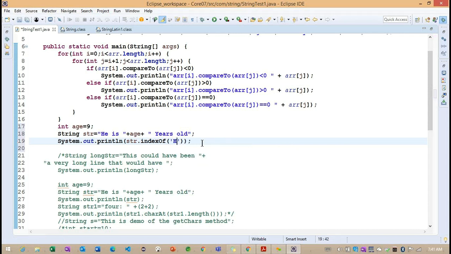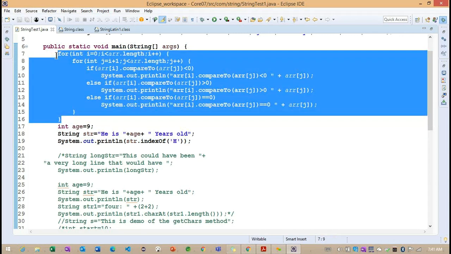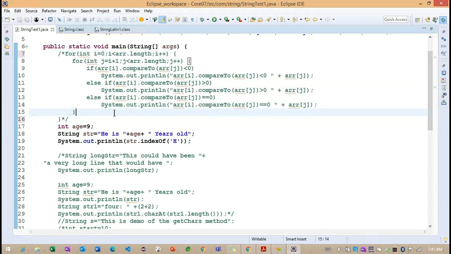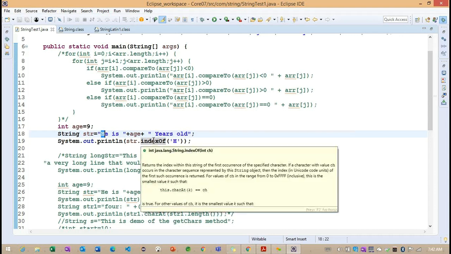I want to find out this particular h, and comment out this loop. So carefully observe the indexOf method. I'm giving h here. H is our first character. Getting the point?